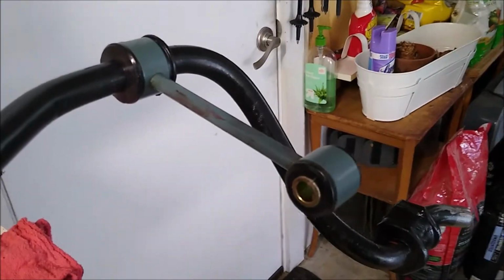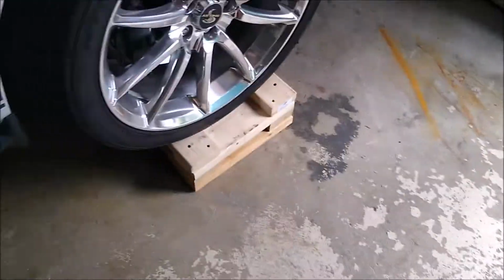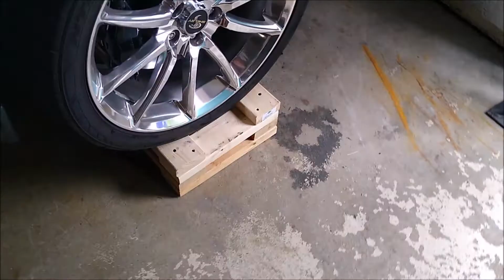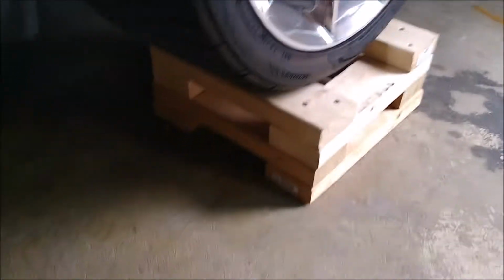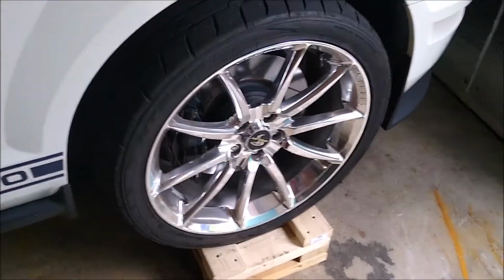Yay. Halfway done. Oh, and yeah, my lovely wood cribbing. Yeah, Alcoa's Shelby. Can I say? She's styling. I'm not. It's just some gray GT over there. Anyway,